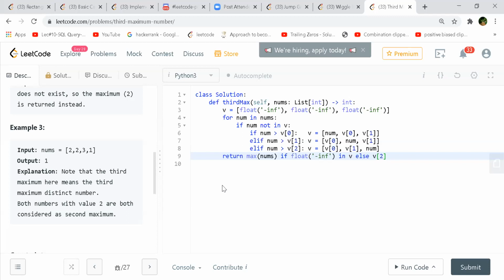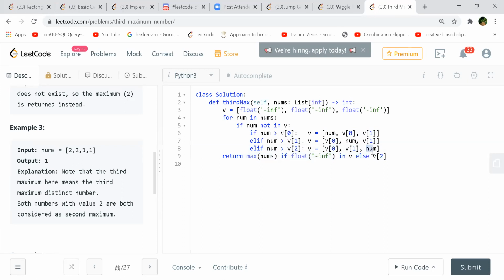What you are returning is whatever is the maximum; these are the 3 possible candidates every time, and out of them, whichever is maximum, I just return. Actually, you only have to return the maximum number if you reach float minus infinity, or else you'll always return V2. That is the third largest always.